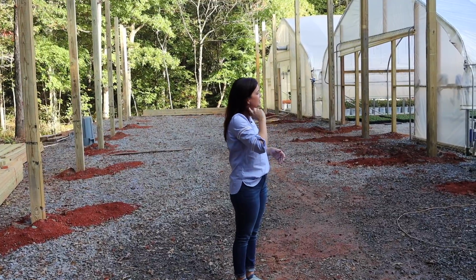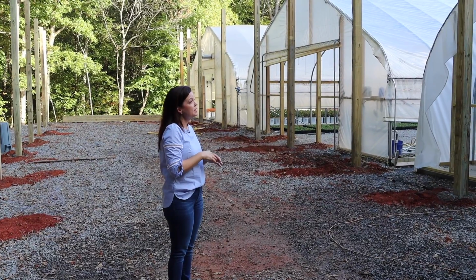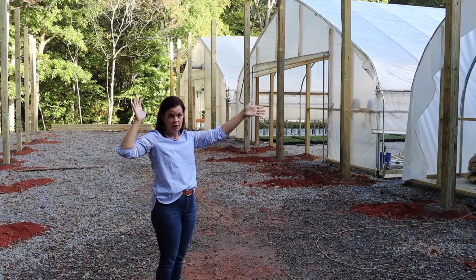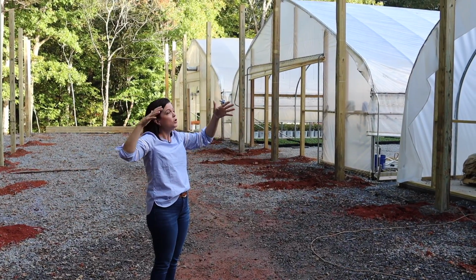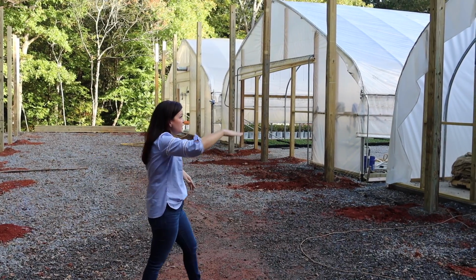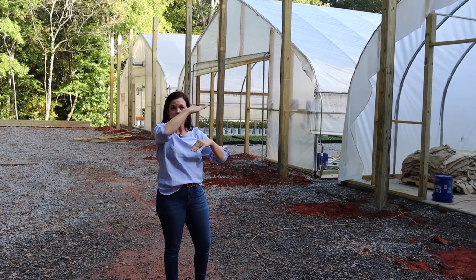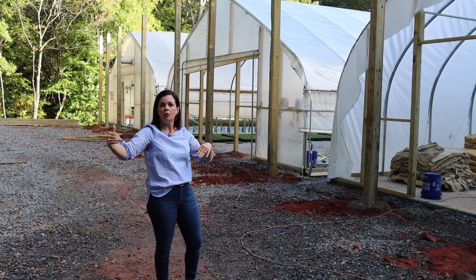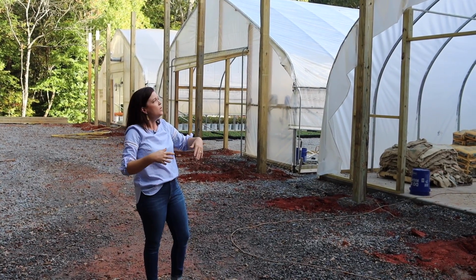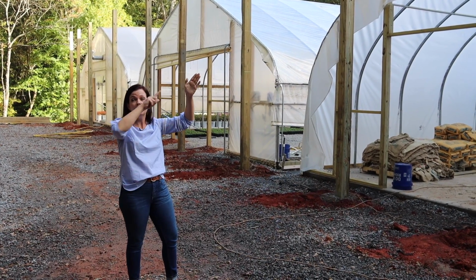So 6 by 16, the roof. What they're going to do is have the pre-made trusses built for the roof structure. That whole process, of course, we'll take you along for all of that, but it's going to be at a slant. We're not going to have a peak. It'll just be a one-way lean. I don't know what the technical term for that is. A lean-to, yeah. So obviously closer to the greenhouses and the structures will be your highest point, and it will